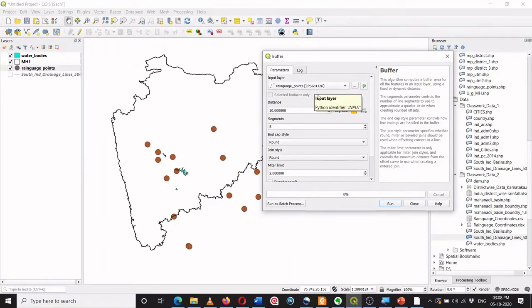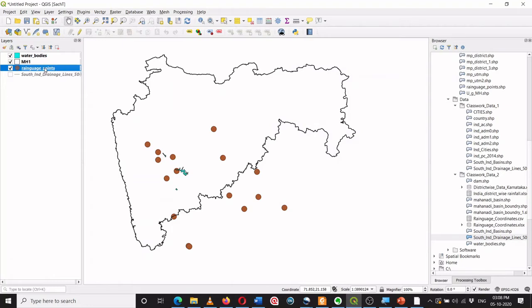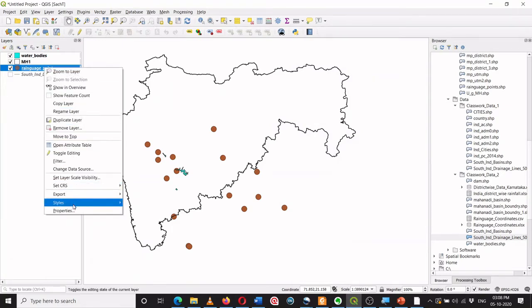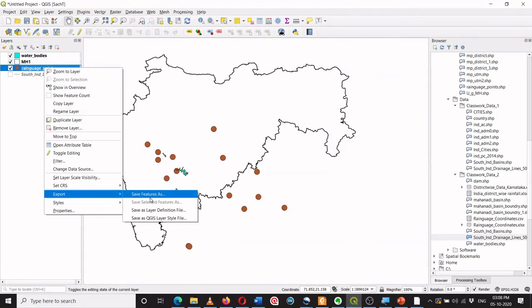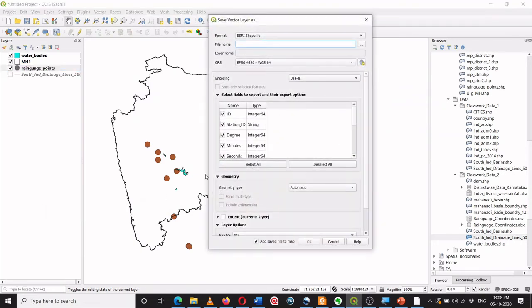So first of all, before performing this operation, I have to convert it into a projected coordinate reference system. So let's do it first. I will right click, export, save features as, and ensure that all features are selected.